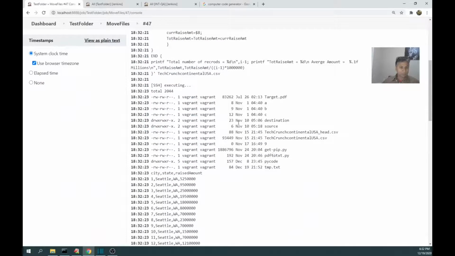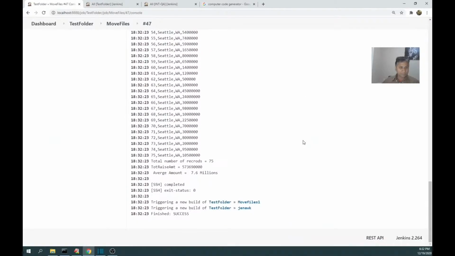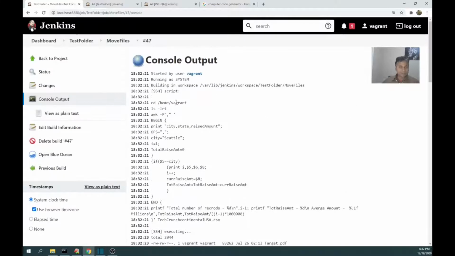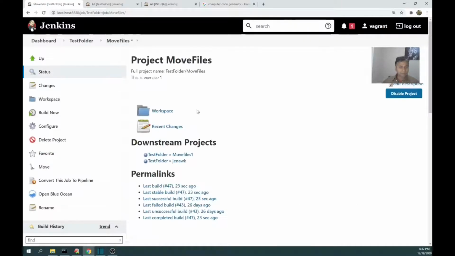First this script is called, then move files 1 is called, then again the gen awk. Everything is called sequentially. Yeah, it's good. The downstream jobs are move files 1, then gen awk. Straightforward.